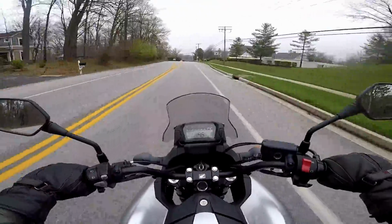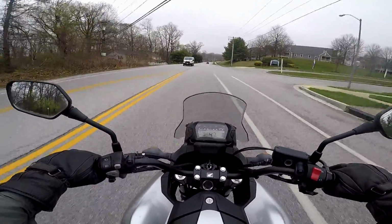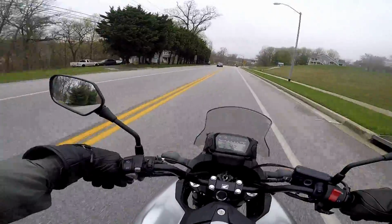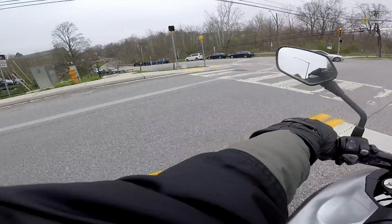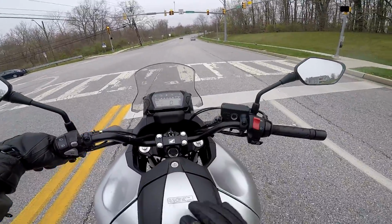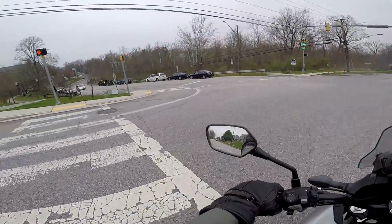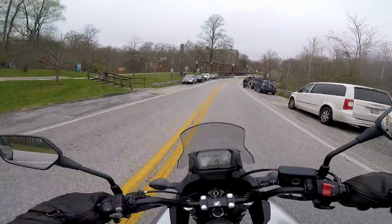This one is a little bit different because it's not as proven as the Vstrom. The Vstrom's engine was in the SV650. It's been tested. This bike, on the other hand, does feel like a budget bike. It feels like it's just a little bit too flimsy. Like I've talked about the build quality. The build quality of Honda has been going down lately. I don't really know why, but